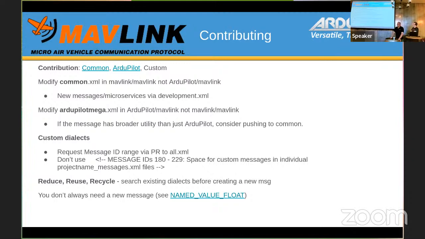And it might be that if those changes aren't broadly accepted or aren't broadly able to be used by the other consumers of MAVLink, it might be better that we provide the feedback to go, actually, let's create a new message in ArduPilotMega, so that we can maintain interoperability up at the common.xml level, while still allowing ArduPilot to do what it needs to do or affect the changes it needs to make.